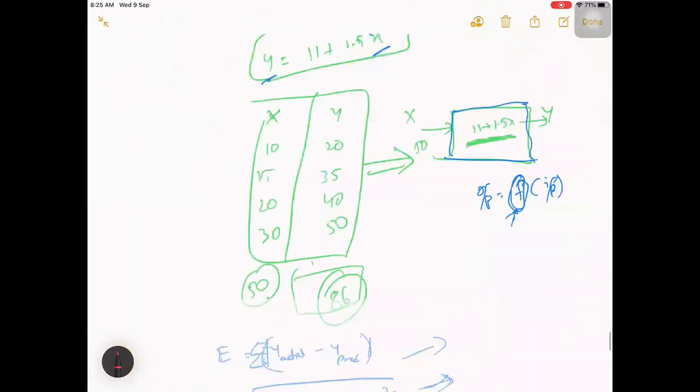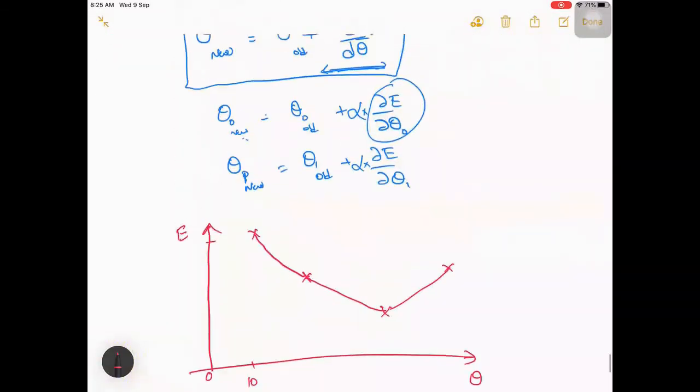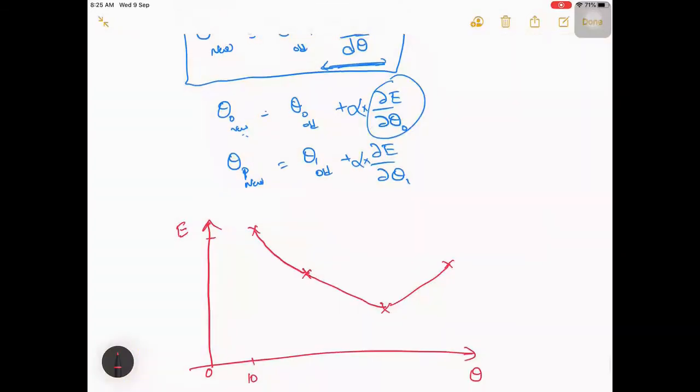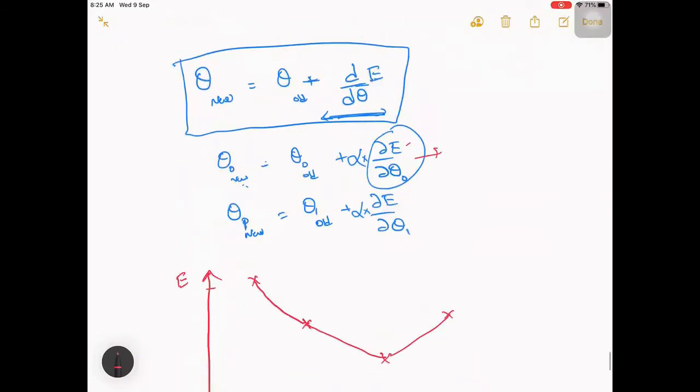Why I did that is, you can see the derivative will change. Till here this is the derivative, right? If you see this gradient, this is the derivative. This derivative usually indicates the direction of your error curve.